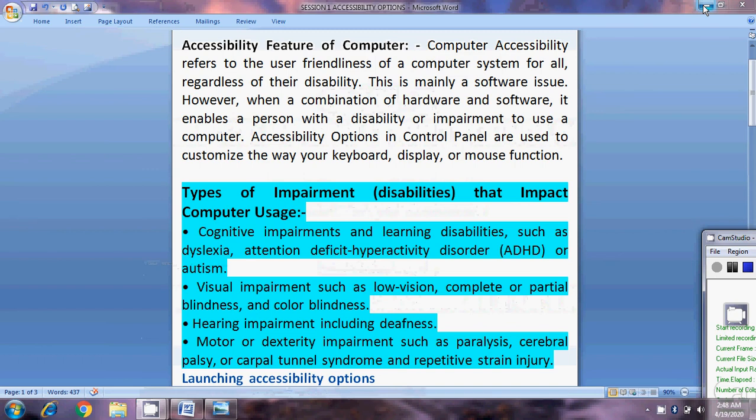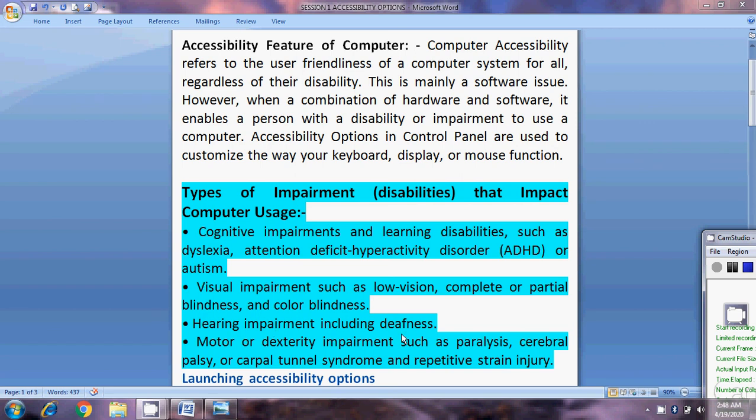Students, you can find some persons in our society with physical impairments or disabilities, like cognitive impairment and learning disabilities such as dyslexia, attention deficit hyperactivity disorder, or autism. Visual impairments such as low vision, complete or partial blindness, and color blindness.